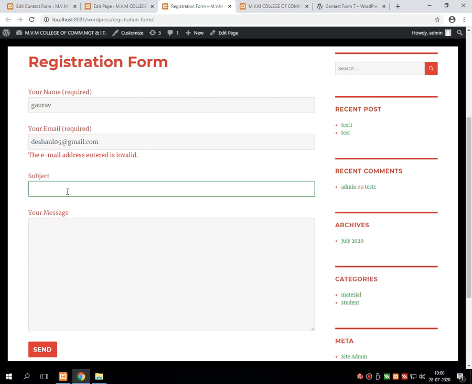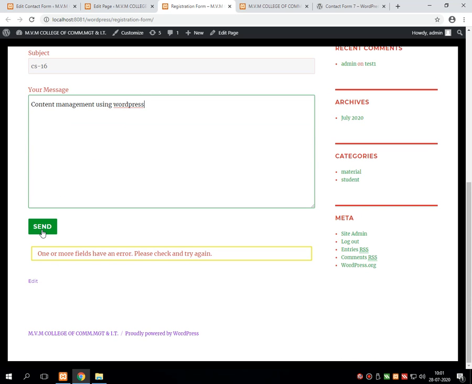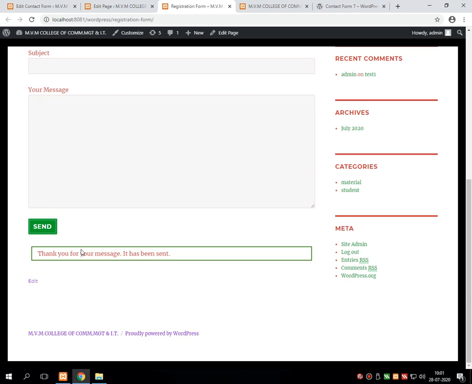Then after entering a valid name and email ID, suppose for the subject I am writing CS16 and in the message I am giving the name of my subject, that is content management using WordPress, and then I press the send button, then it returns the success message: thank you for your message, it has been sent.